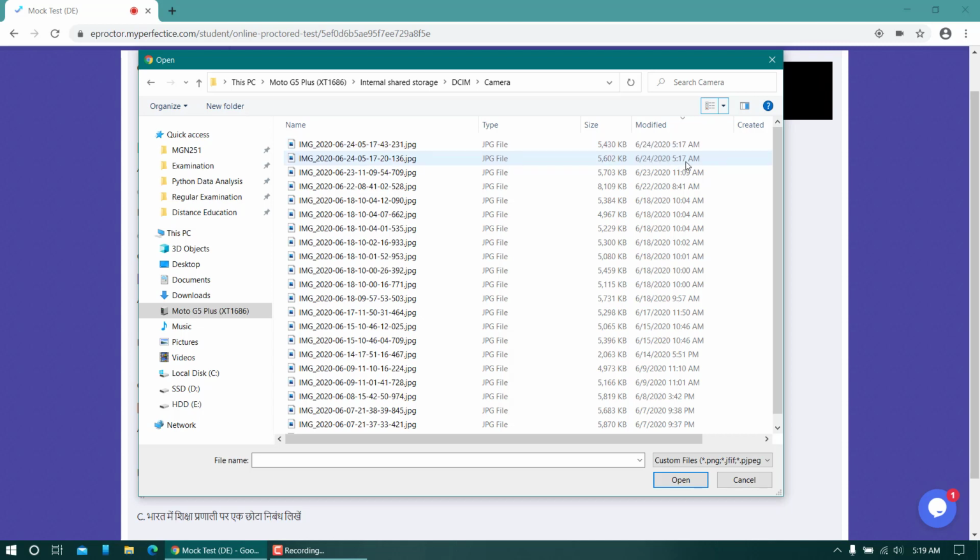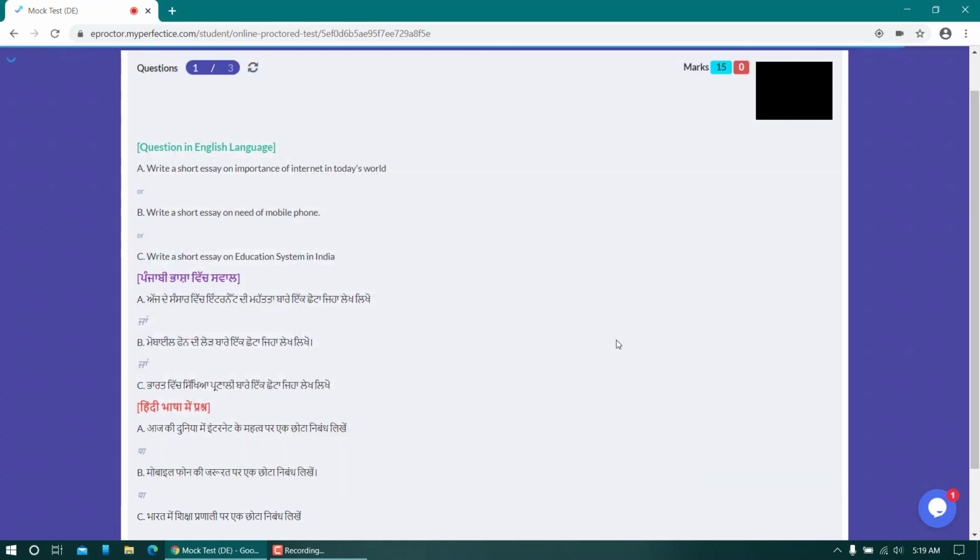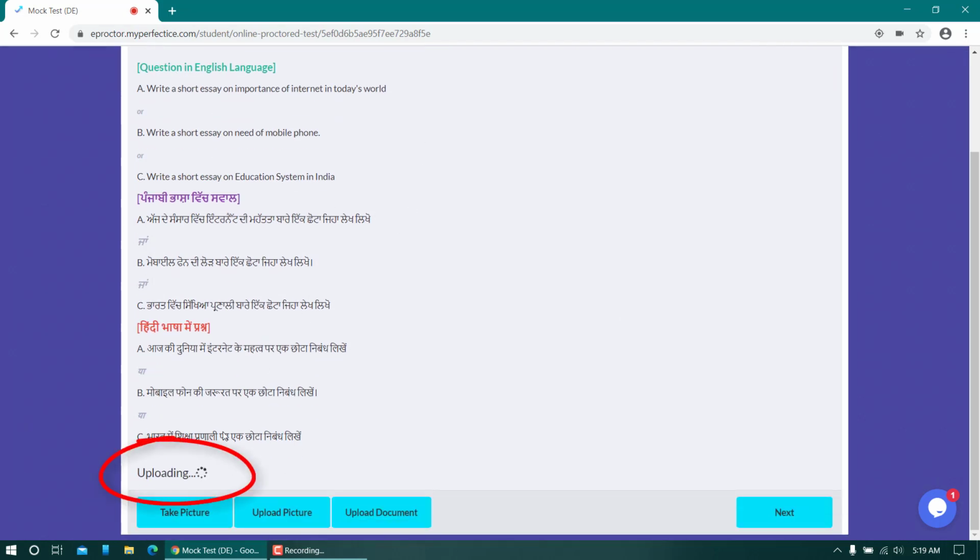And this image is also clicked at the same time, but this is appearing at the top. That means this was captured later and this was captured first. So that means this is my page number 1 and this is my page number 2. So I'll select this, click open, and depending upon the internet speed, your picture will start being uploaded to the